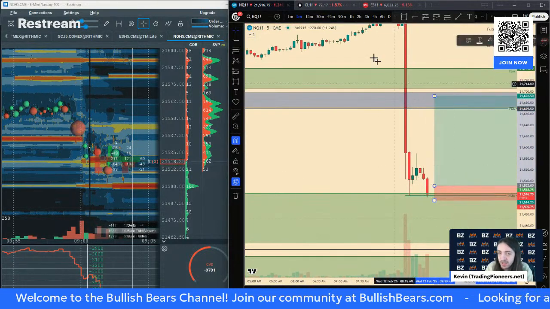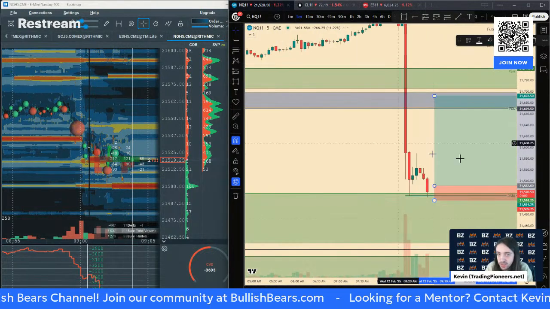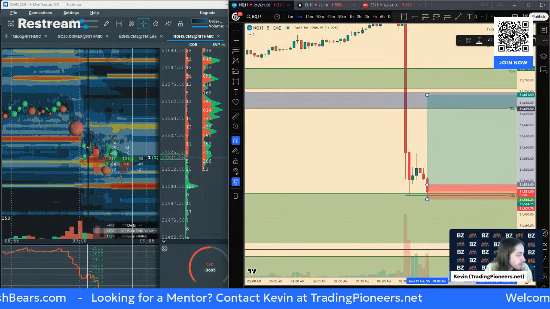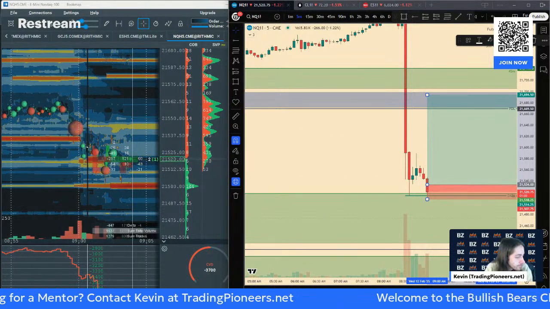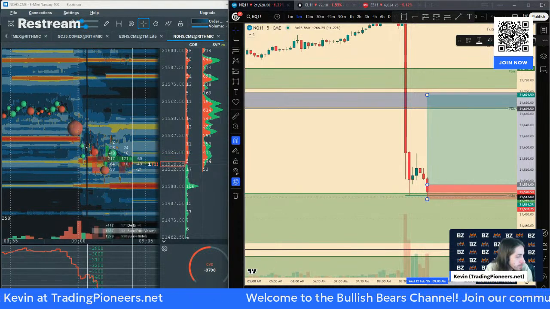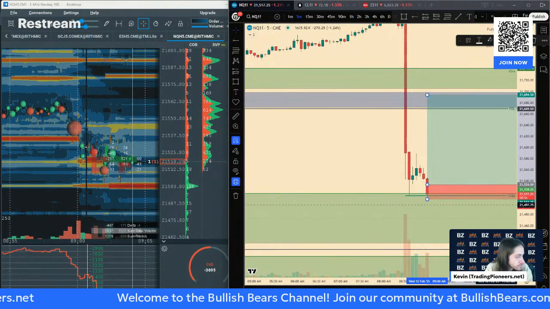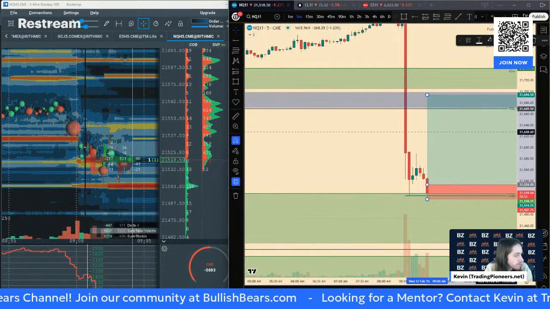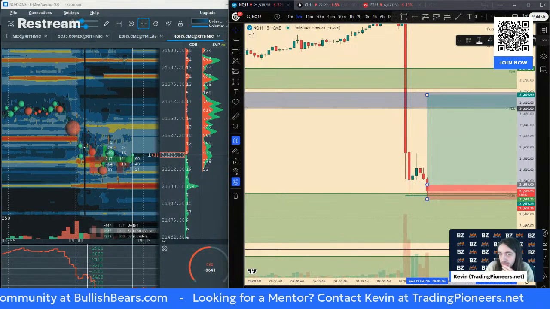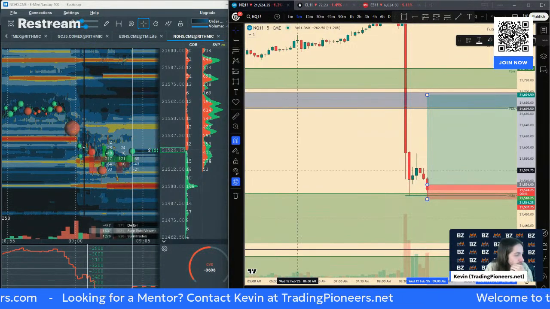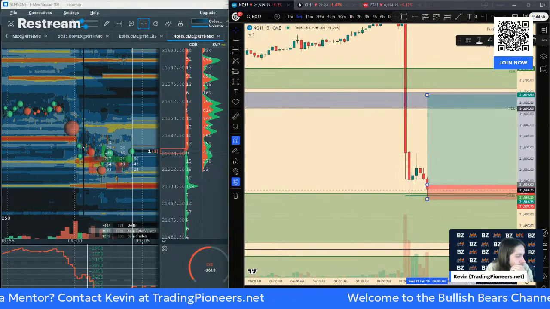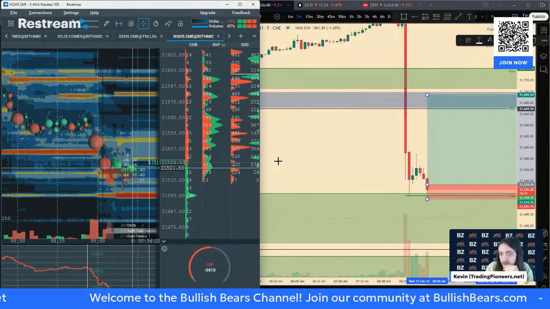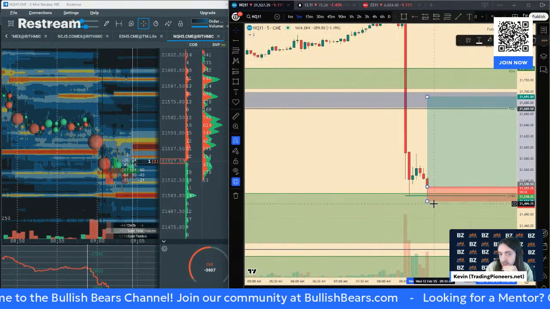Now we'll wait for this 5 minute to close, maybe wait for a 15-minute to close. Now the 15 really looked good for a reversal. That's what had me bullish in general. But going long again, it's hard to jump the gun like that. We don't want to be jumping any guns. 40 seconds left, however. And it looks like it's trying to find some support. We'll jump that gun.